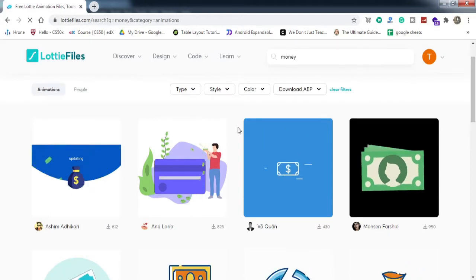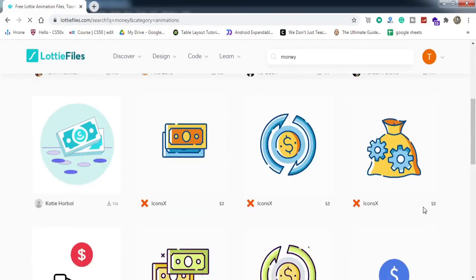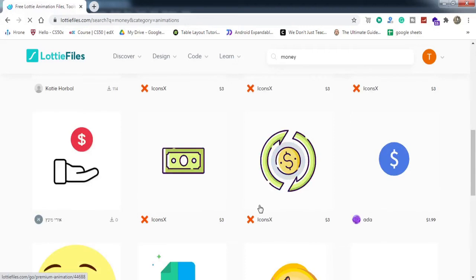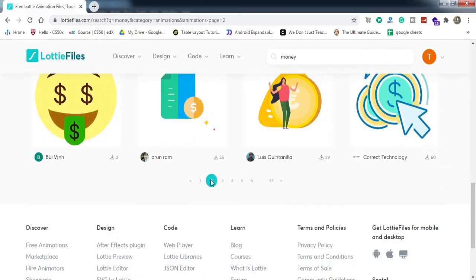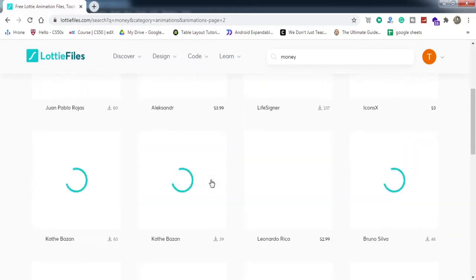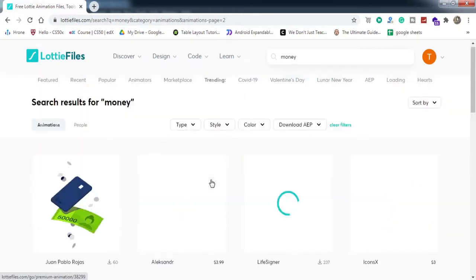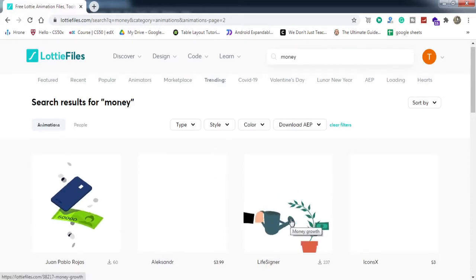Here we'll go with the free one. For example, these are the free ones. Here you can see $3, and so on. So I already have selected one that is on the second page. So this one we are going to use.